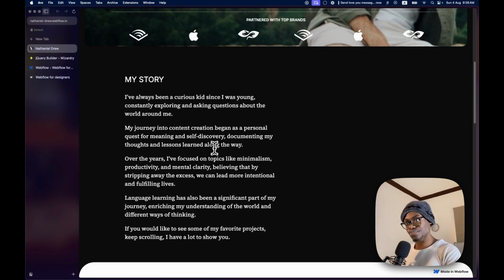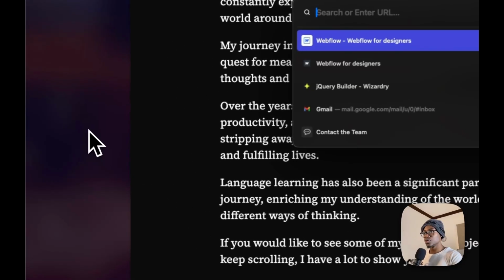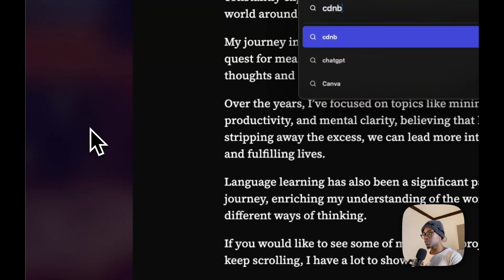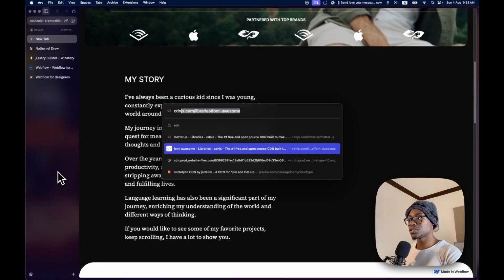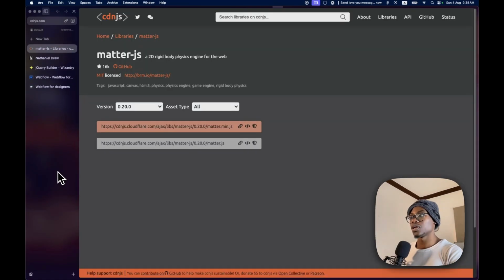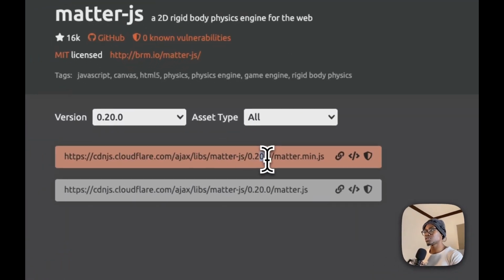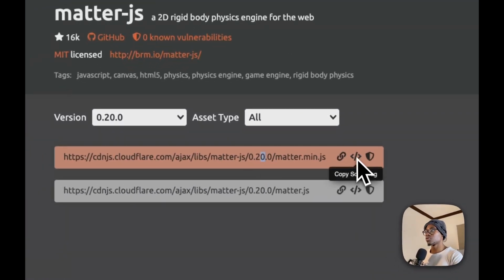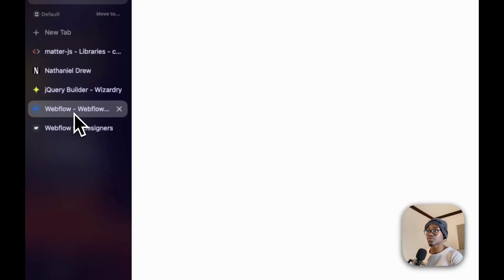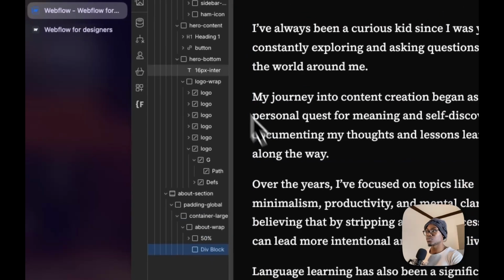So I'm going to come over to the CDN Matter.js library, and you'll see it here. So this is the one we're going to copy, Matter.js 20.0. Copy the script tag, or just copy the URL. Let's copy the URL. Come back to our Webflow, and we're going to,